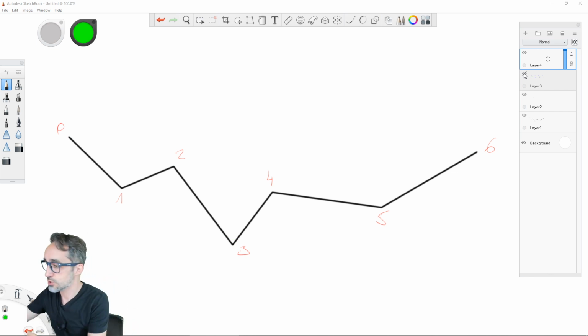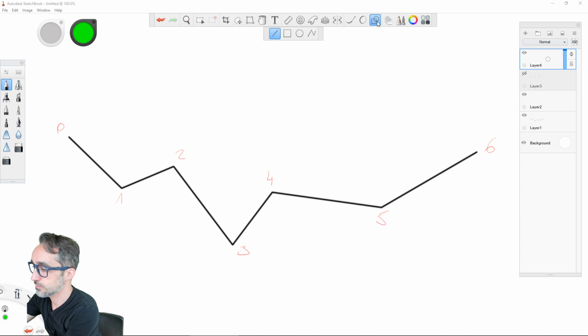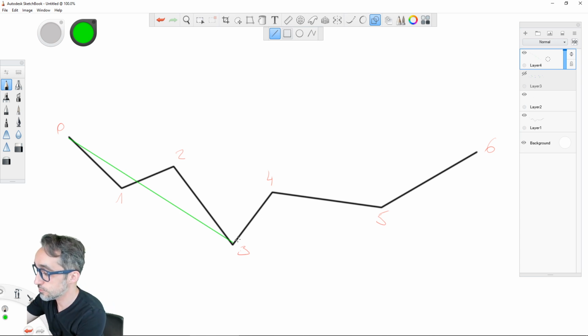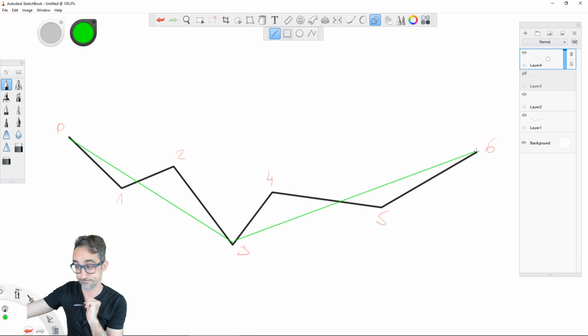One of them is going to be the beginning of the polyline and that vertex that we just chose, and the other one is going to be the vertex that we just chose and the other end of the polyline. Okay, what does that mean?